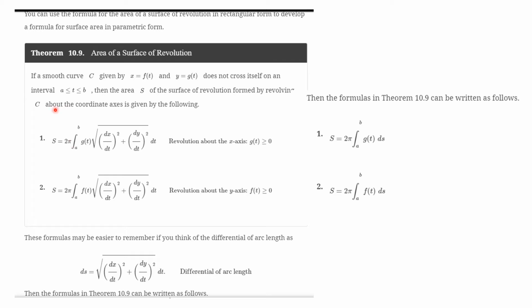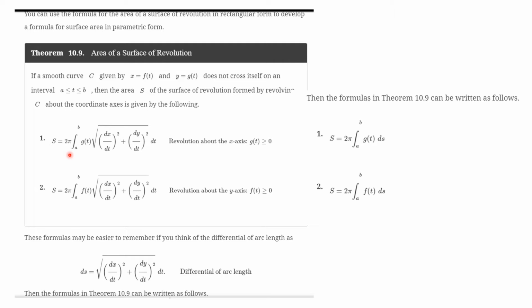And so here are the formulas. If a smooth curve C is given by x equals f of t and y equals g of t, and it does not cross itself on the interval where t ranges from a to b, then the surface area of the revolution formed by revolving C, the curve, around a coordinate axis, and we could also talk about generalized rotation around other axes, but let's just talk about the coordinate axis here, is given by one of the following. So if we're revolving around the x-axis, and that means that g of t is bigger than or equal to 0, then we have